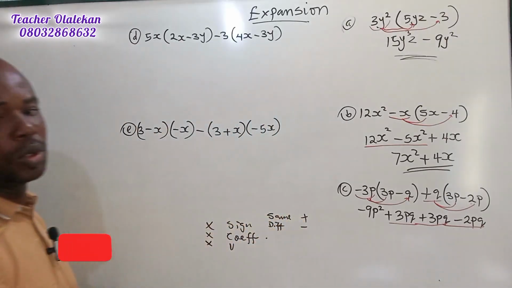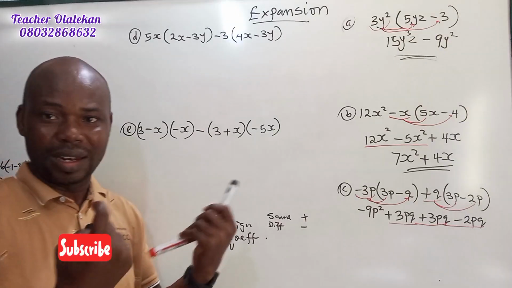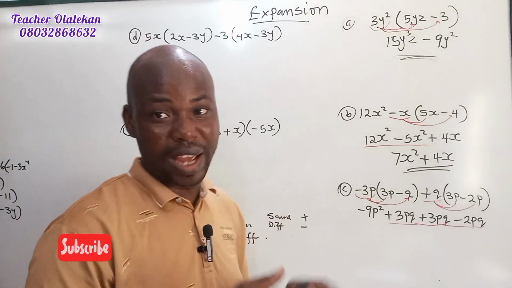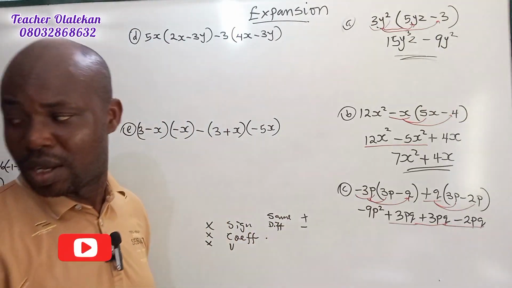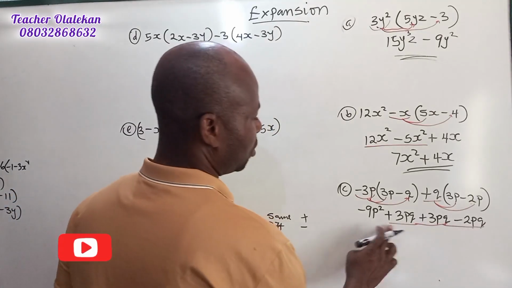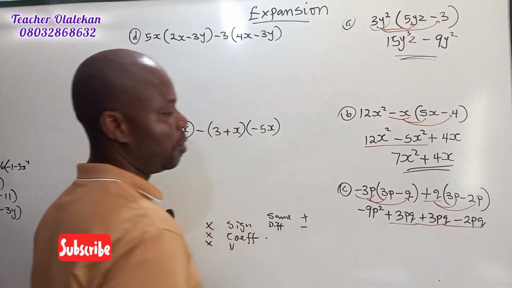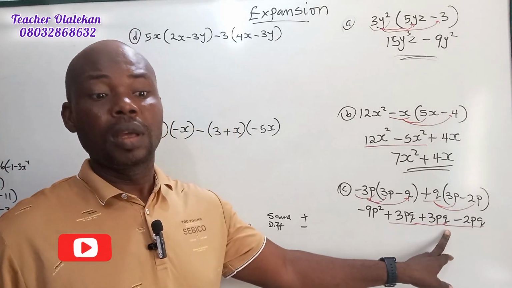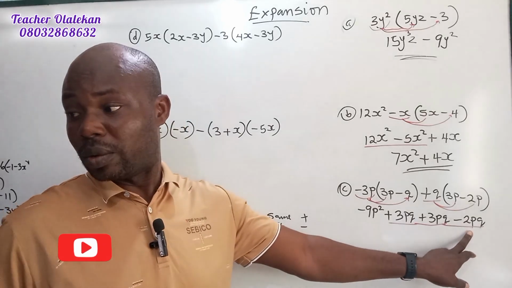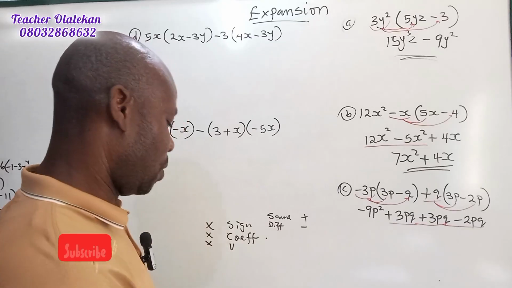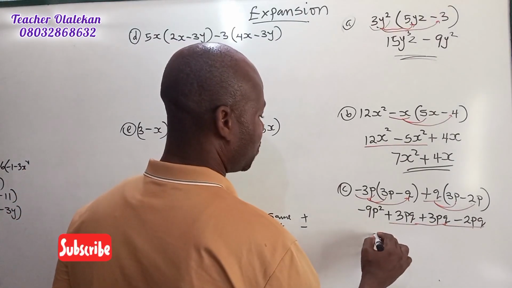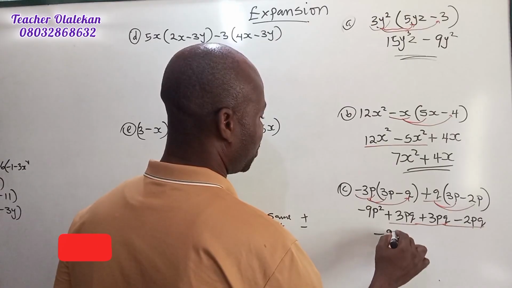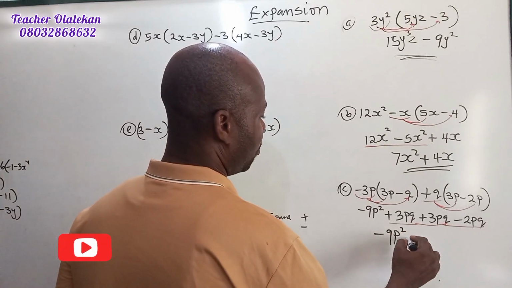You get now? Those are the like terms there, right? So it has already been collected. Now let's do the math. So 3pq plus 3pq minus 2pq is 4pq. So that becomes minus 9p squared plus